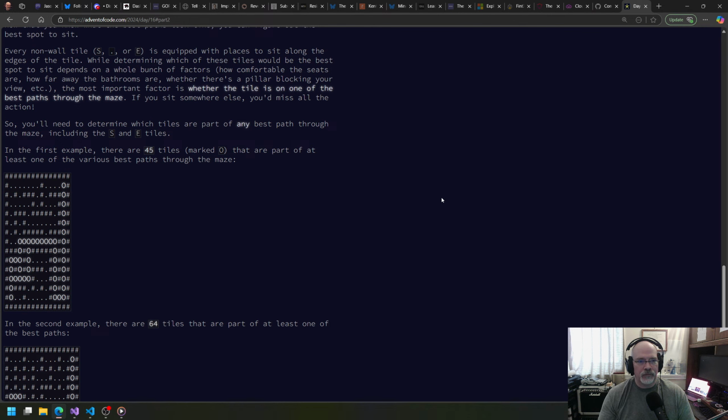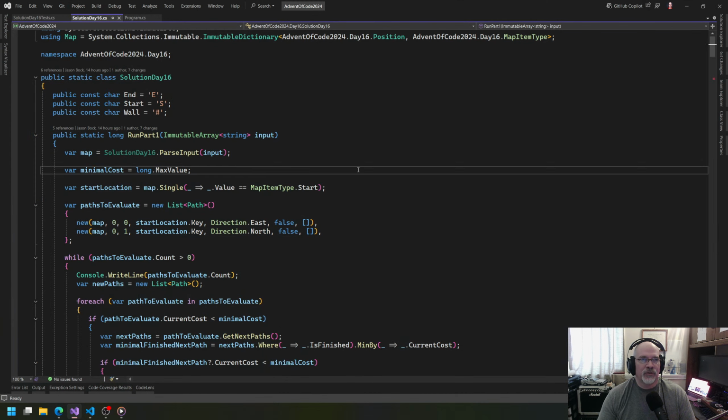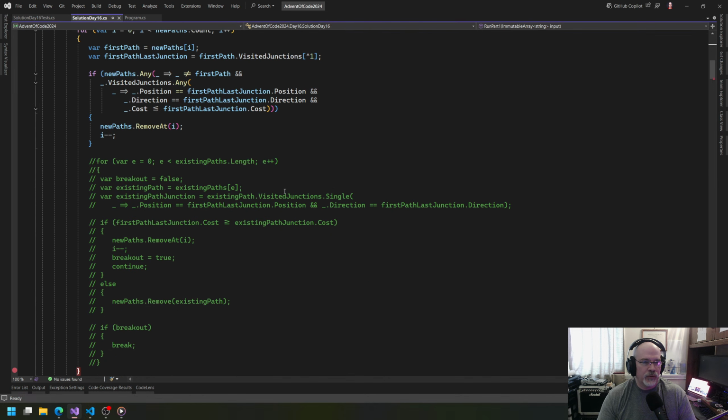Last night I started wondering why my solution didn't work, at least as well as I wanted it to. It still takes a little bit of time, like 20 or 30 seconds to run. I'm going to run it again just to show you. The thing I realized is when we do the pruning, and in fact I can get rid of all this commented code now,